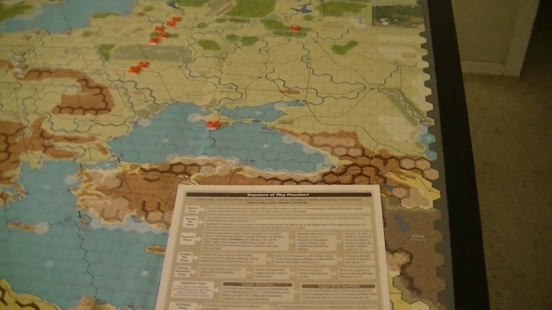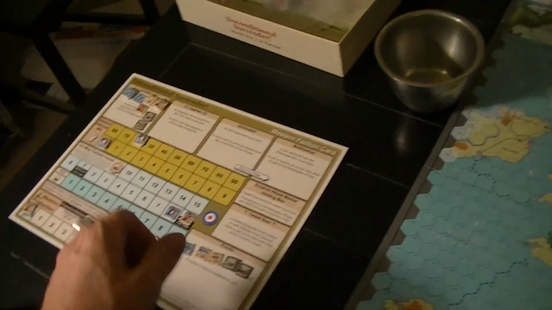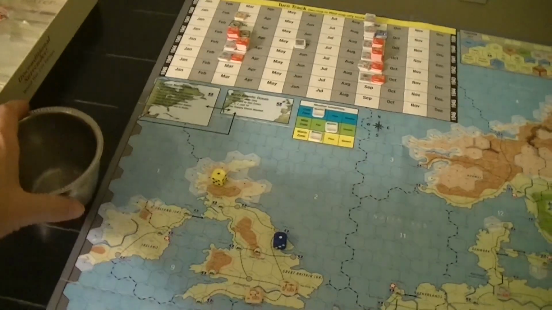Let's see. So the way you do the diplomacy, I think you're allowed 1 action per faction. And I think it costs you 5 of your production points. I'm kind of bullshitting this right now. Yeah. And your choice is to either draw an event from here, and at the beginning of the game, the